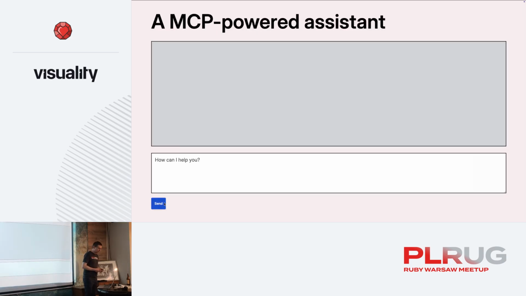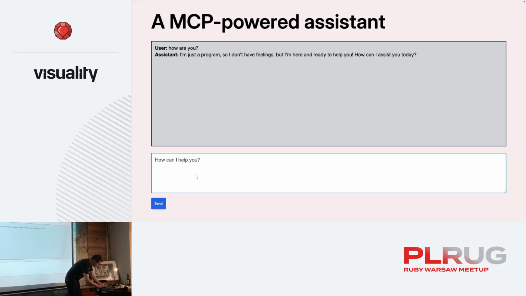So we now come through this program, the one that actually understands you and can understand tools and can actually call servers with the tools. Let me show you how it works. So I can still ask, probably, how are you? And this wouldn't change a thing because there is no tool available for saying how the world is. But if we ask, what's the weather in Warsaw,